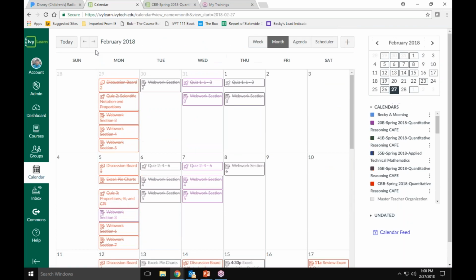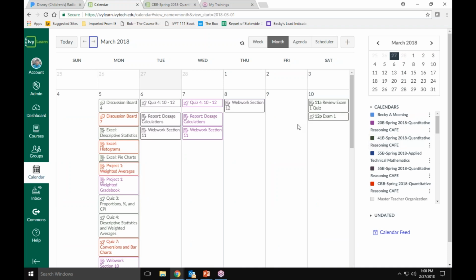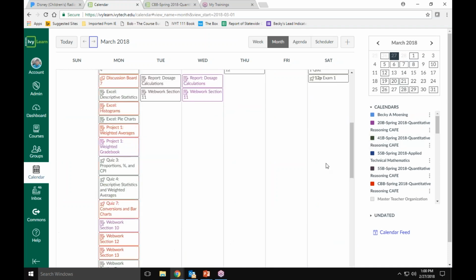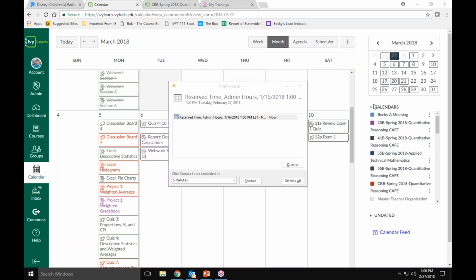So let me go to March and see if it's showing up. So you can see it's on the 10th. It's showing up as Review Exam 1 quiz due the 10th because that's the day that the exam is due. So you're going to want to get it done, and you can get to it straight from there too.